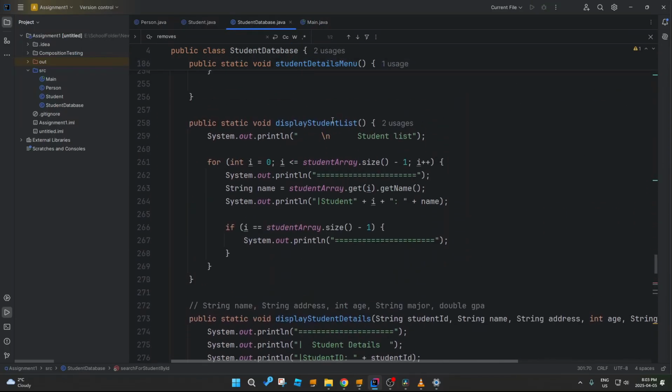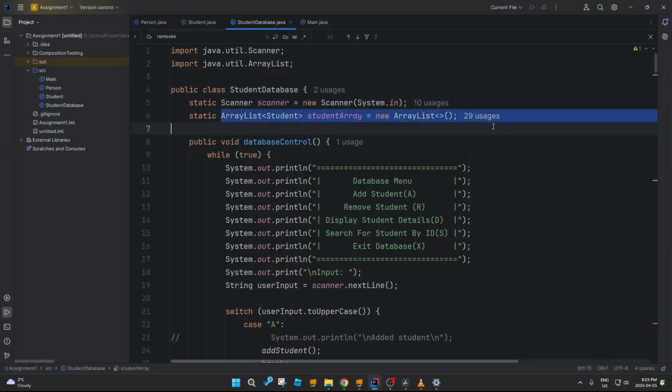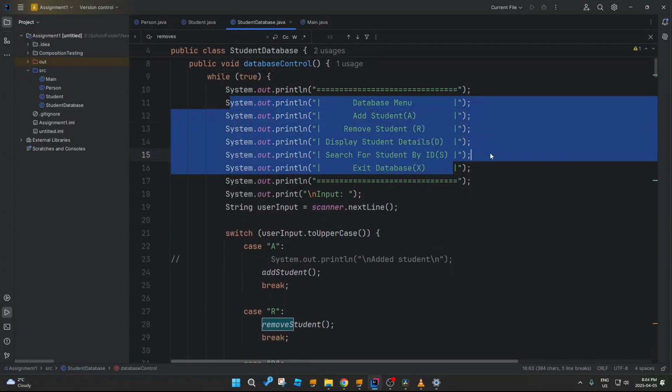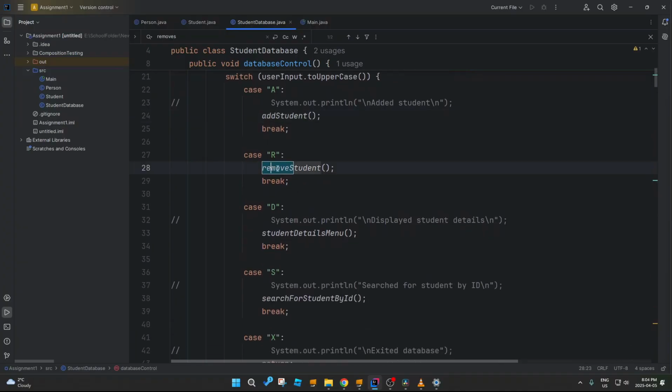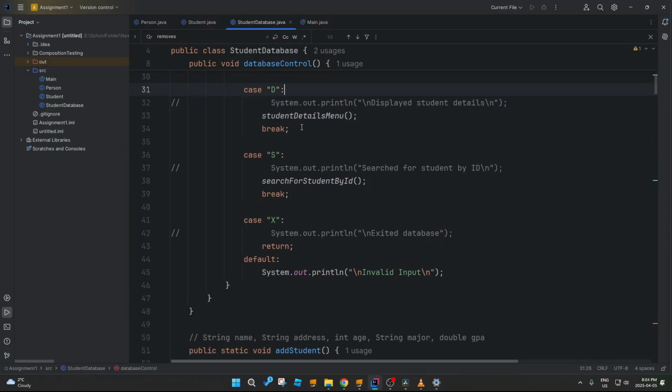Same thing with my student database class. This is what controls the database itself. The array is what contains all the students, and then I output to the user the options that they have to input. When they input A, it adds a student to the database. When they input R, it removes a student from the database. When they input D, it displays all the students' details to them, or it goes to the student details menu,